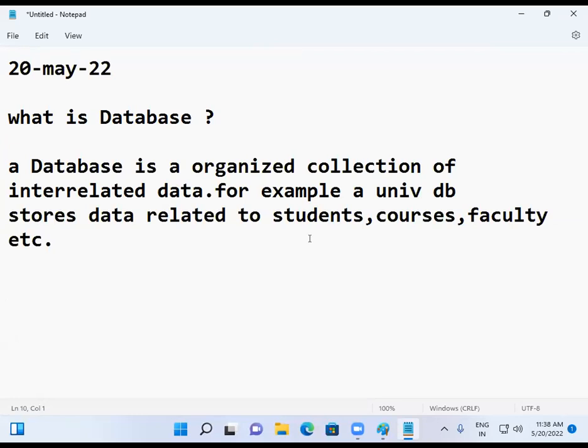If you attend interviews as a fresher, for experienced candidates they don't ask what is a database. But if you are at fresher level, they compulsorily start with the basics. I have seen so many students who complete the Oracle and SQL Server courses, but they can't properly give the definition if asked what is a database. So basic terminology is important.